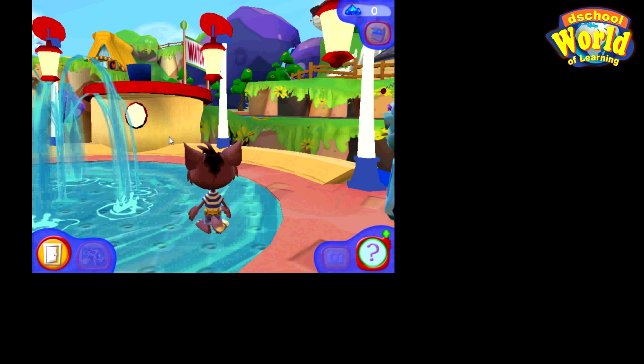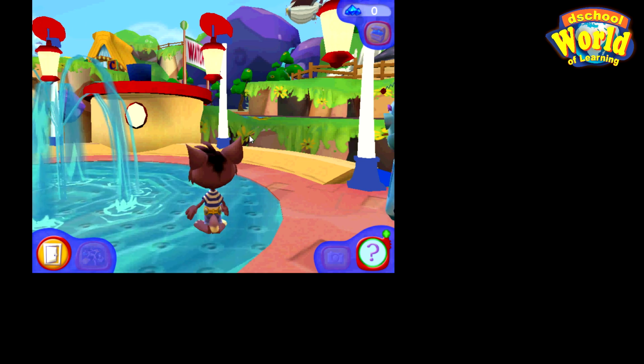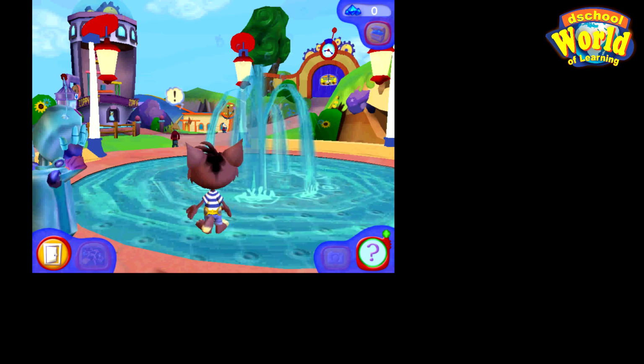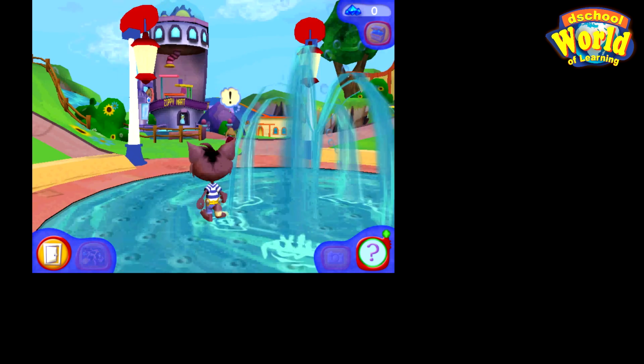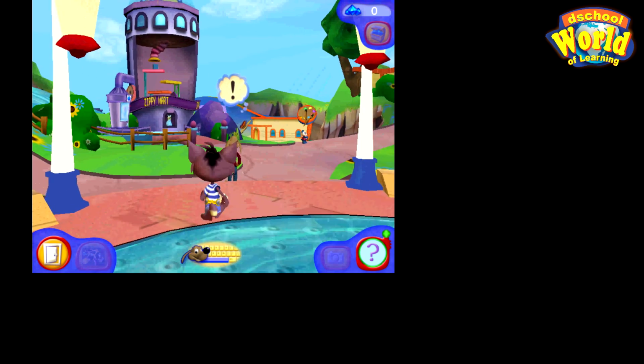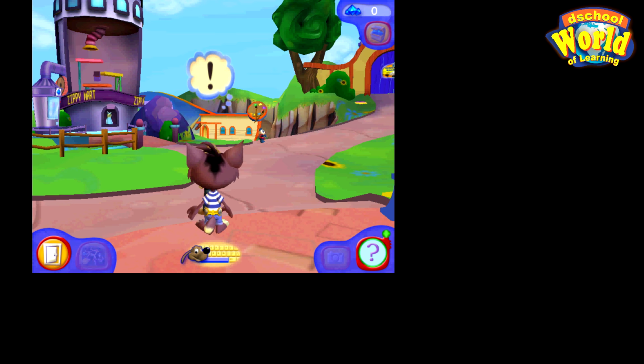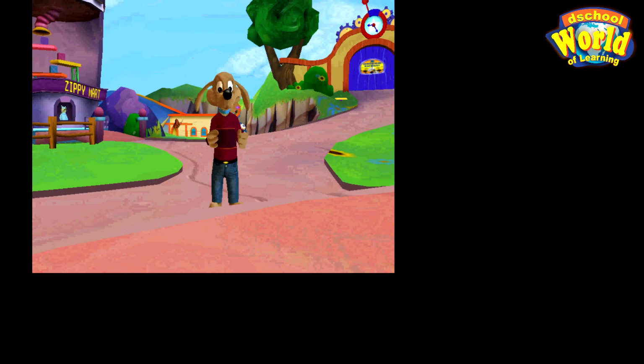So we need to locate Frankie where he is. And you see the exclamation mark there. That's where Frankie is. Move towards Frankie. When you're close to the character, the head or the picture of the character will appear next to the space bar. The space bar is the longest key on the keyboard. Just click on it whenever it appears down there. That is in blue.